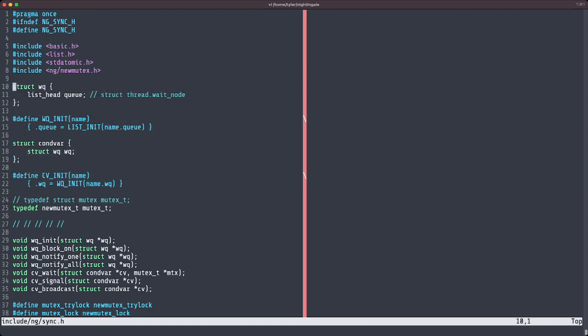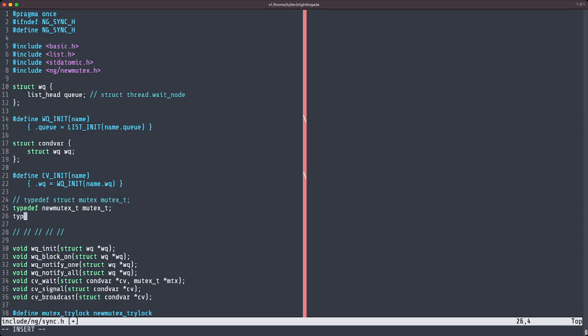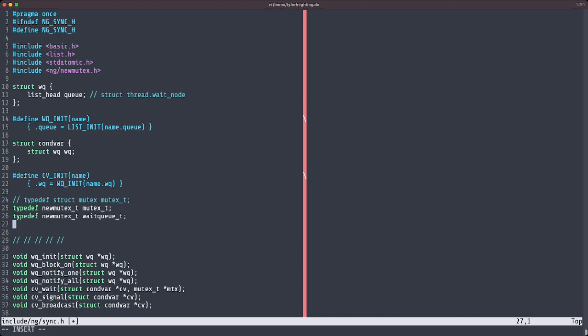We're going to have to rename these structures globally, obviously, because I can't pound define struct WQ, the pair of words. That's just not how the C preprocessor works. But I'll be happy to just rename those wait QT and convar T,